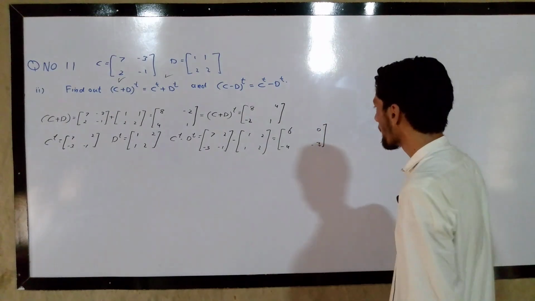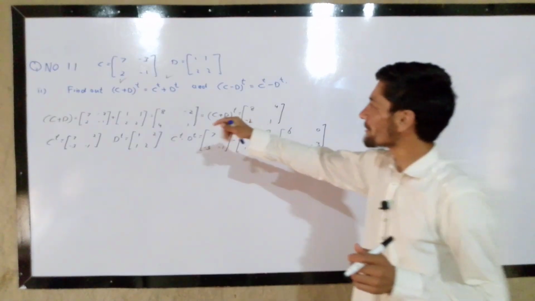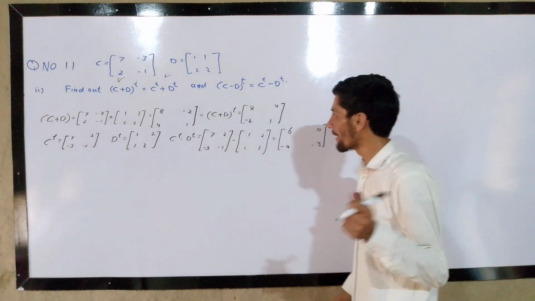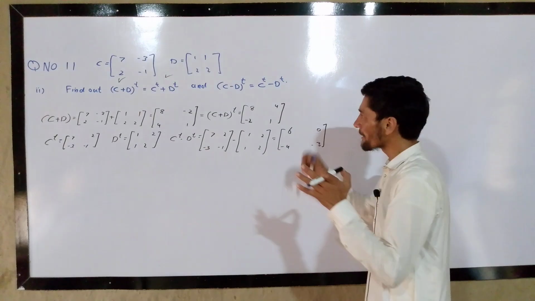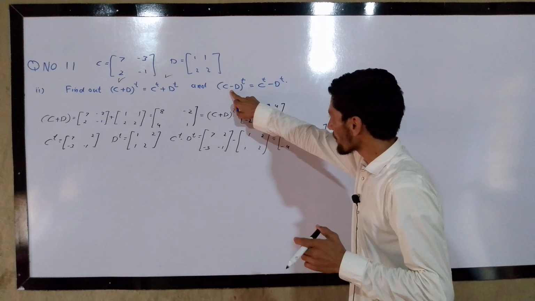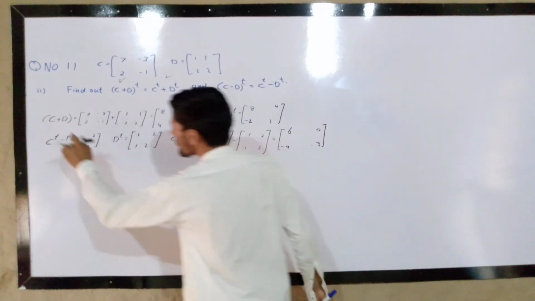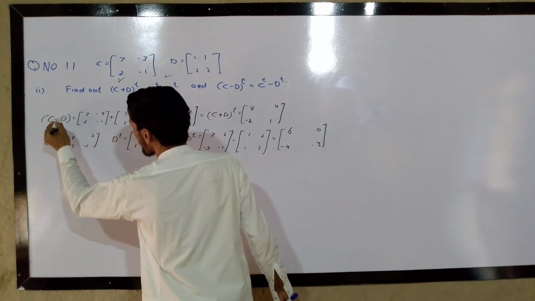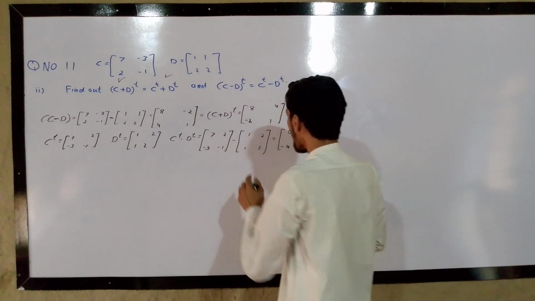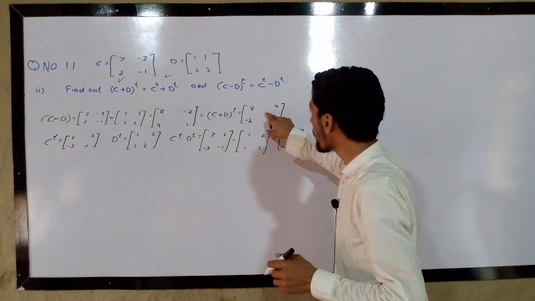Okay. So this is a simple question: find out whether this condition is applied or not. Now the same values and the same process will be repeated in this question. Matrix C minus matrix D, taking the whole transpose. Here use just a negative sign. Here negative sign. Here negative sign. So you will get a value right here, and then you will take the whole transpose.